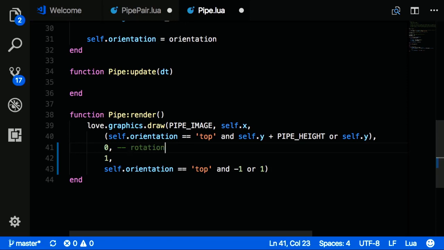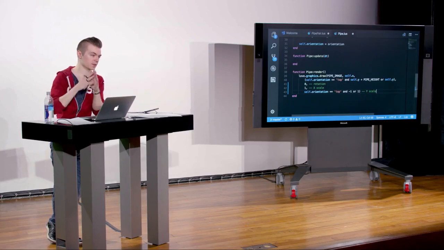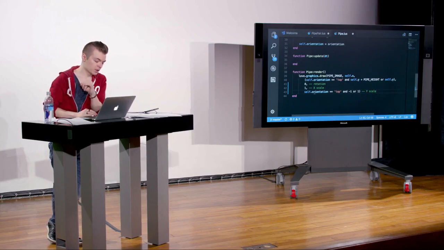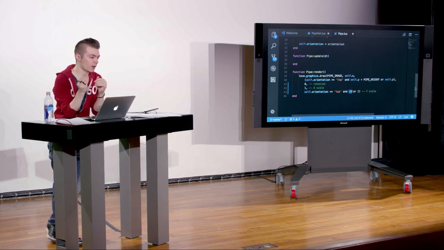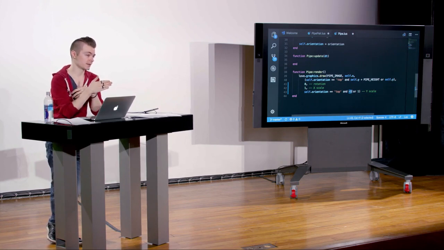0 is rotation. We're not going to rotate it at all. This is the scale on the x-axis, so x scale, and this is the scale on the y-axis. So if we apply a scale operation of 1, it's the same thing as applying no scale at all. It's just going to draw it normally. But if this pipe has been set to an orientation of top, we're going to set the